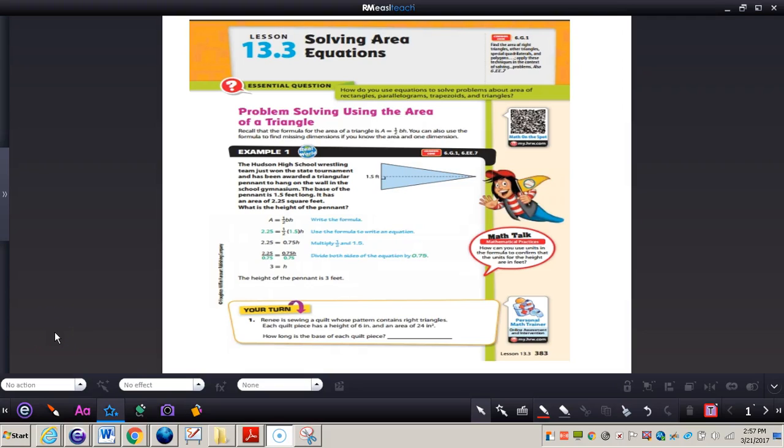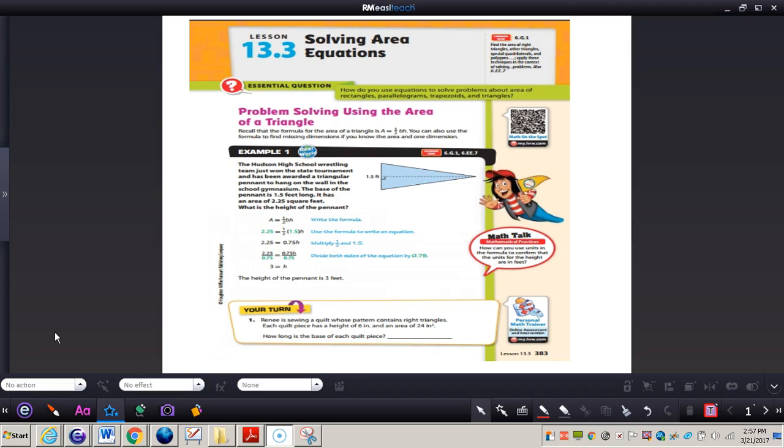In this video, we're going to be taking a look at solving area equations, and you'll need to turn your Go Math book to page 383, get out your math journal, and a pencil. So the essential question we're going to be looking at today is how do you use equations to solve problems about area of rectangles, parallelograms,